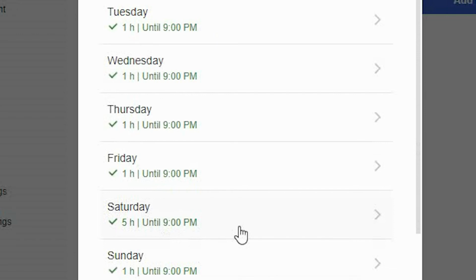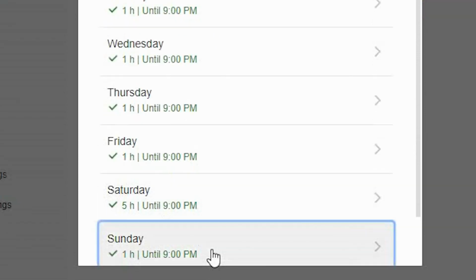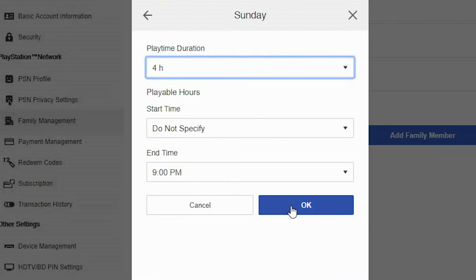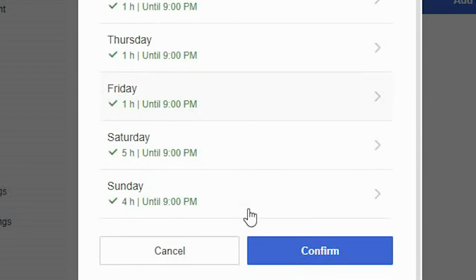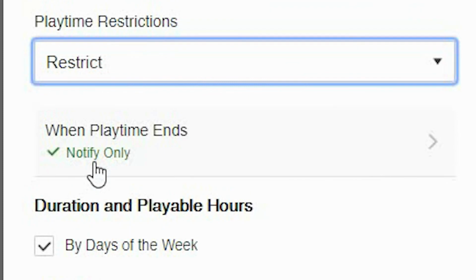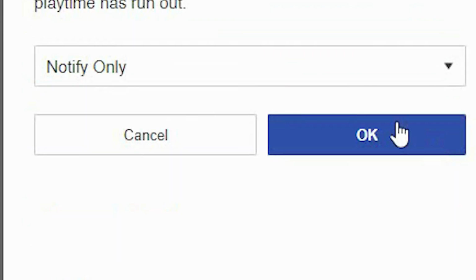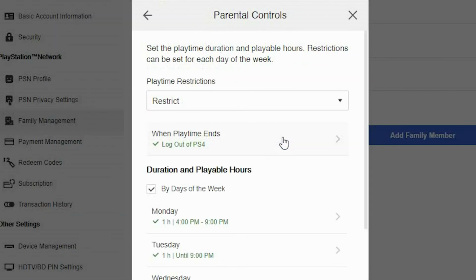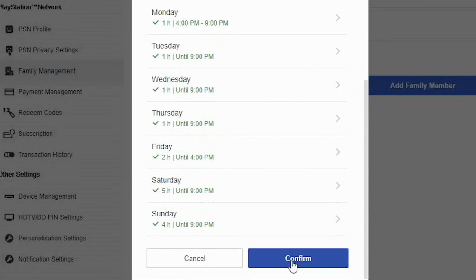Let's go ahead and configure Sunday. So I'm using exactly the same principle as Saturday, except this time I only want Isaac to have 4 hours play. And once again, this will be confirmed. You're also given the option of what should happen once the time is up. To set whether your child is forced to be logged out of the PS4 or to notify them every 5 minutes that their playtime has run out. In this scenario, I want it to log him out of the PS4. Select OK to confirm. When you've set your schedule, scroll down to the bottom and select confirm to continue to